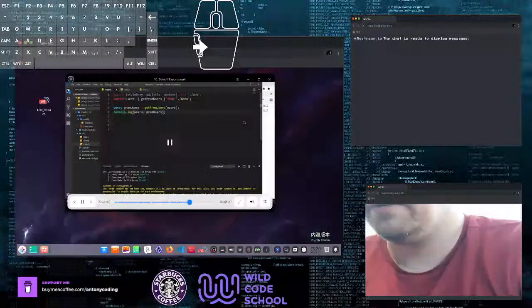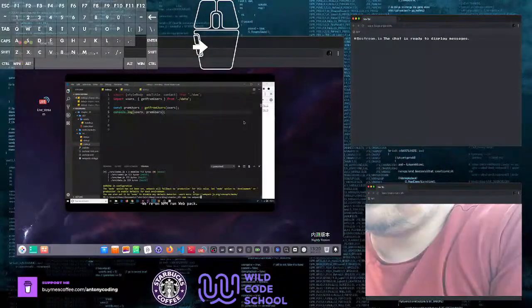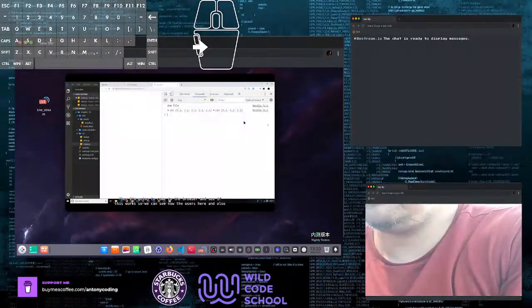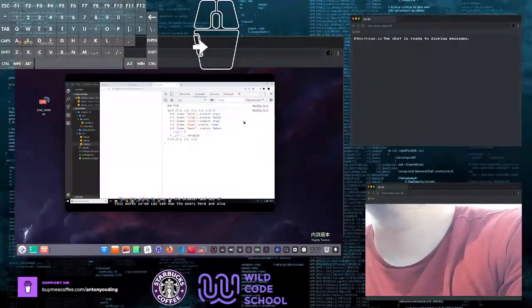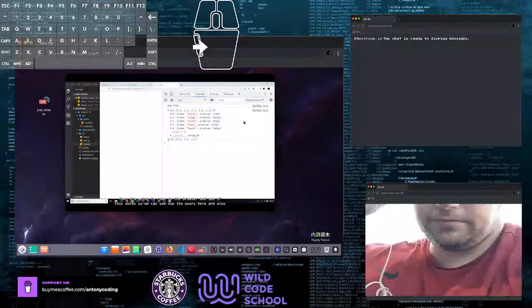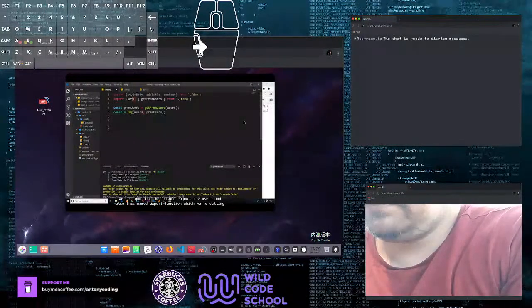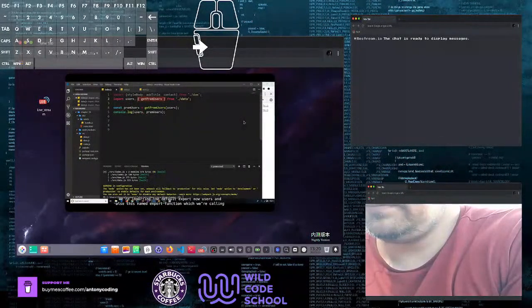Let me see if this all works. I'm going to save it, come down here, run npm run webpack. Then I'm going to come to the browser and see if this works. So we can see now the users here and also the premium users. So this is the value returned by that function. So this is working. We're importing the default export now, users, and also this named export, the function which we're